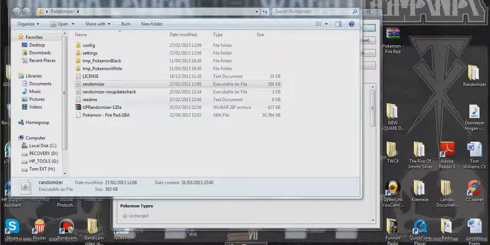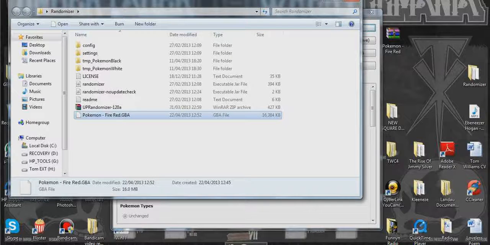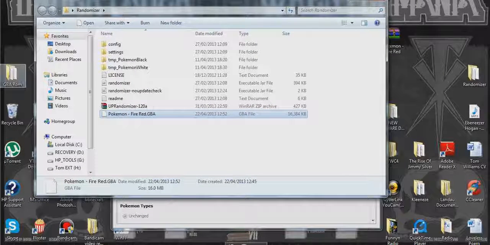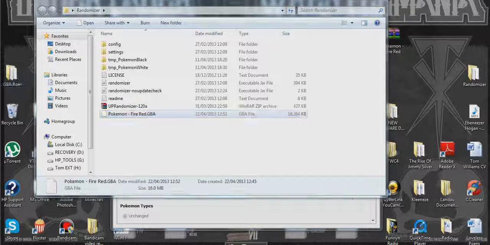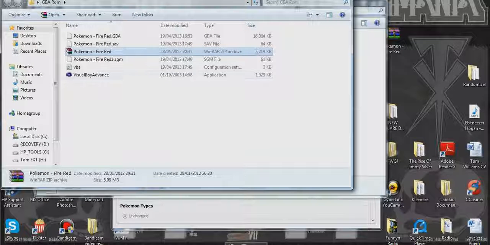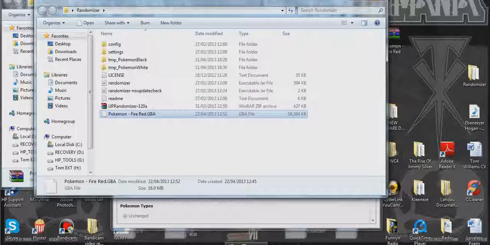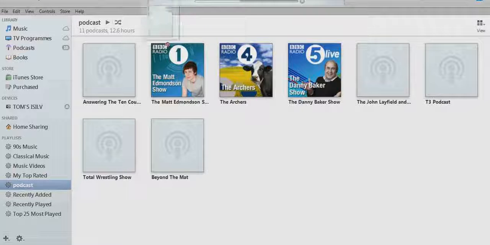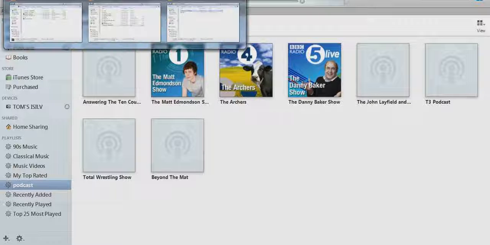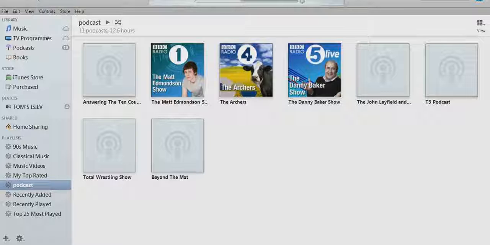And so, you do that, right? Then you come into, you've got your game here. So what I'm going to do is I'm going to open it up for you, and I'll take you up to Professor Oak's table, and see what starters you'd get if I was about to play the game with these settings, right? So there's my randomized file. I'm going to take it over here to, it's open bloody iTunes, isn't it? Take it over to my Pokemon GBA ROM file, and okay,